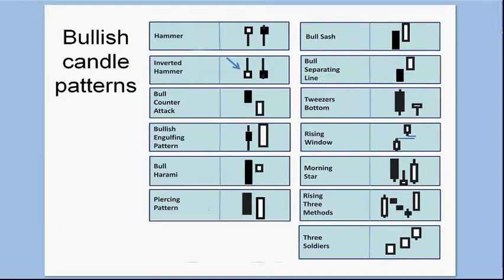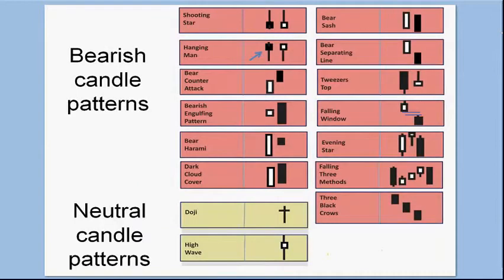And likewise, they have counterparts, which would be the bearish candle patterns. And on this slide here, I also have the neutral patterns that are out there. So when you take a look at the hammer candle, which is going to occur at the bottom, the opposite of that is what's called the shooting star, if you will, and that is this candle pattern up here. So shooting stars are something that I take a look at. The bearish engulfing patterns are something that I take a look at. And then you have the falling window.